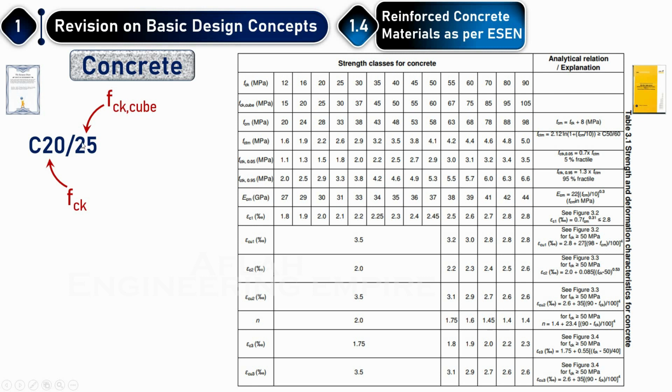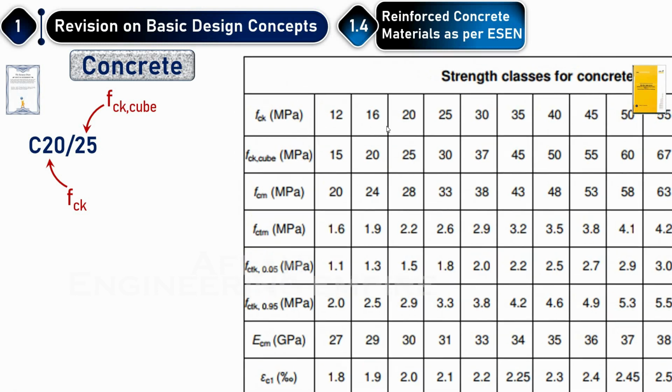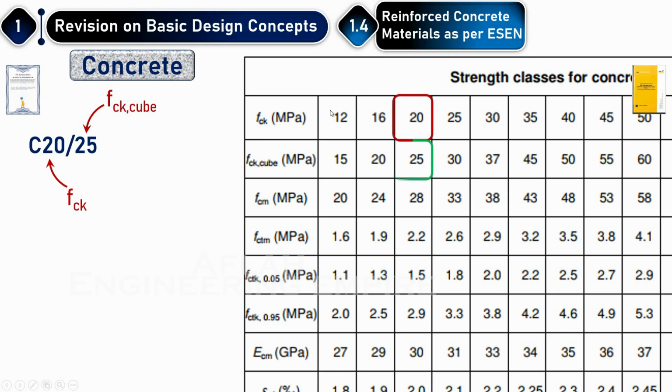Now, for example, if somebody says to you C20/25, he is indicating to this part. This is fck 20, fck,cube is 25. So 20/25 means this grade. Okay. Similarly, another example: if you have C25/30, fck is 25 and fck,cube is 30, you come here, 25/30. Understand? So this is how we will directly read the cylindrical strength and the cubical strength,